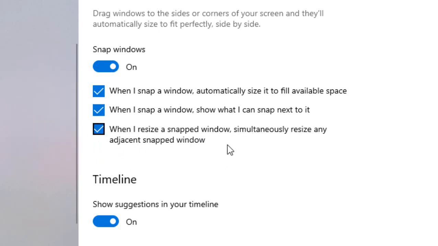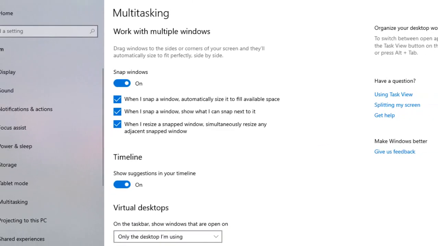So guys, if you want to enable snap, so slide the toggle to the on position, and the three boxes, check this box, try to